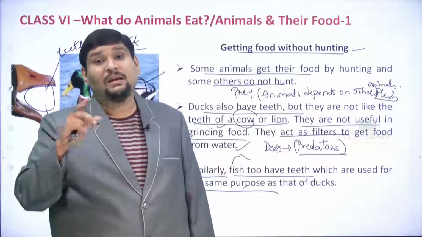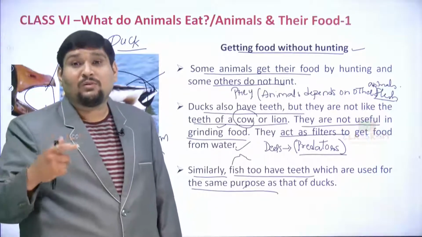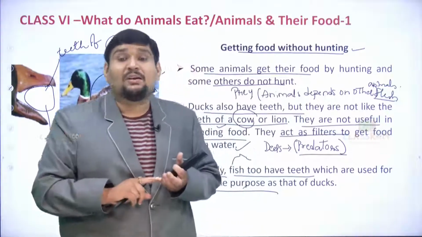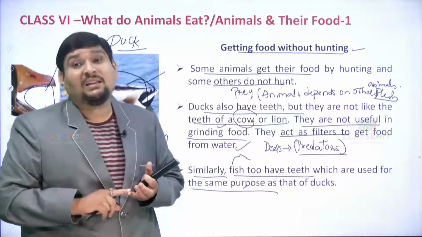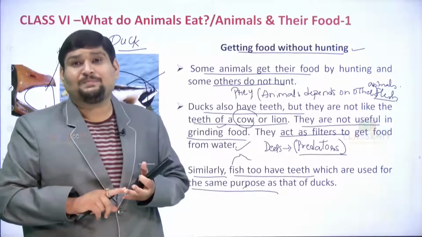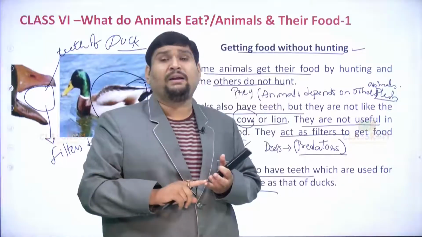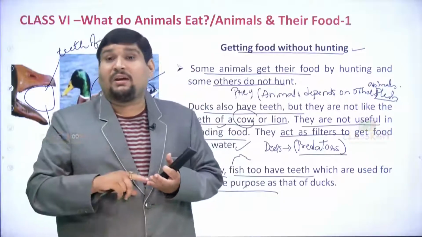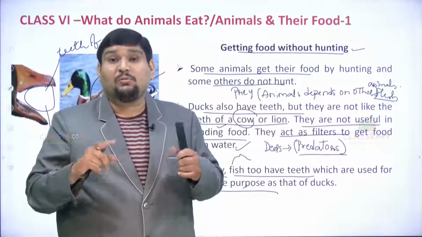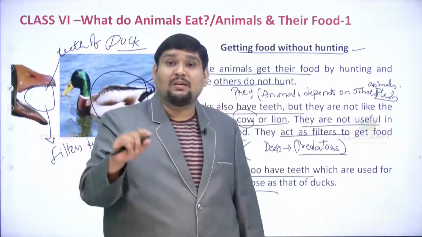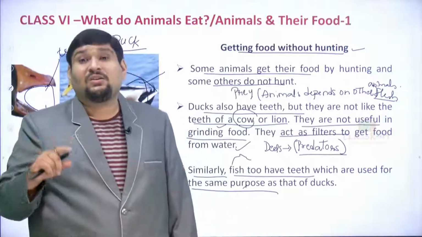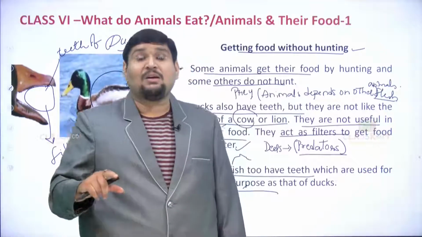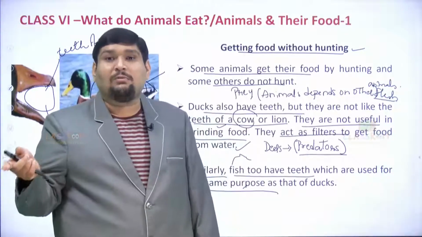So, here we will be learning the different ways and modes by which they get food. First, we have learned how animals try to track down the food. Once they track the food, they collect it. There is a lot of difference between tracking the food and grabbing it, because you find different modes of mouth parts and different ways of collecting the food and eating the flesh of animals. So, all in different forms, we have found it.